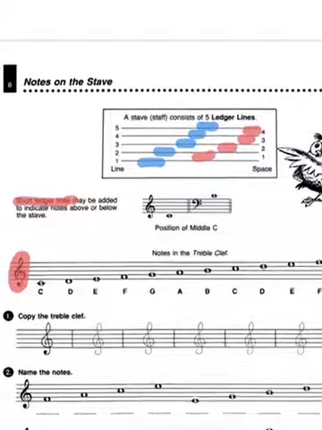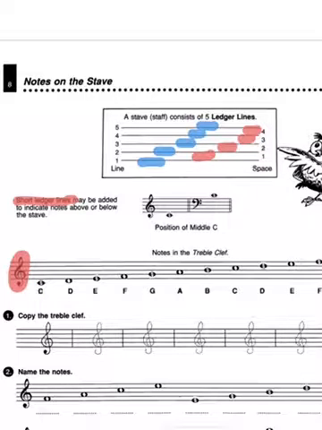You'll notice your alphabet here is basically following your general alphabet, C, D, E, F, G. Then it starts again, A, B, C, D, E, F, G. So there's obviously no H in music, and it just goes round and round. The gap between 2 of the same note, so we have a C there, and we have a C there, that gap is called an octave, which is 8 notes. And if you count 1, 2, 3, 4, 5, 6, 7, 8, you'll see that they are 8 apart. Alright, so